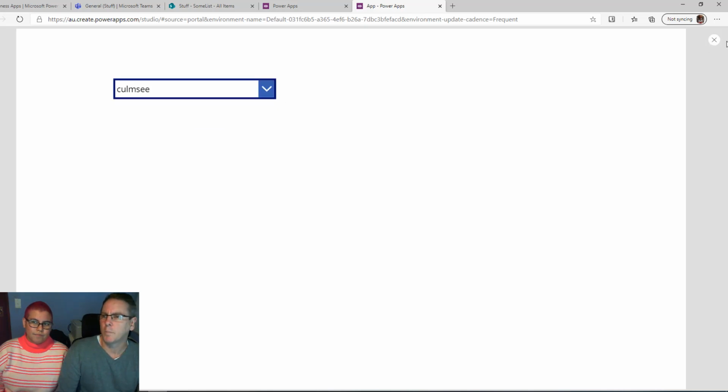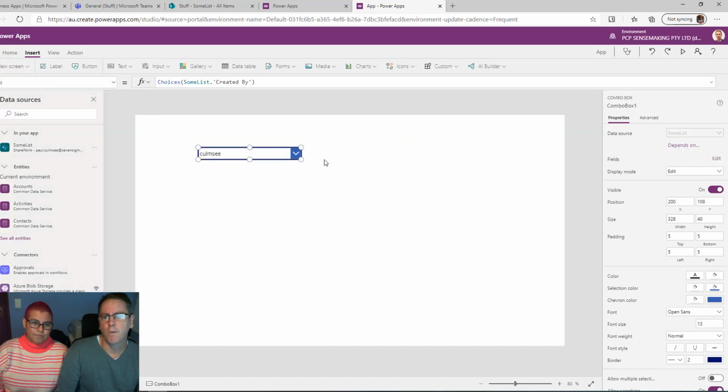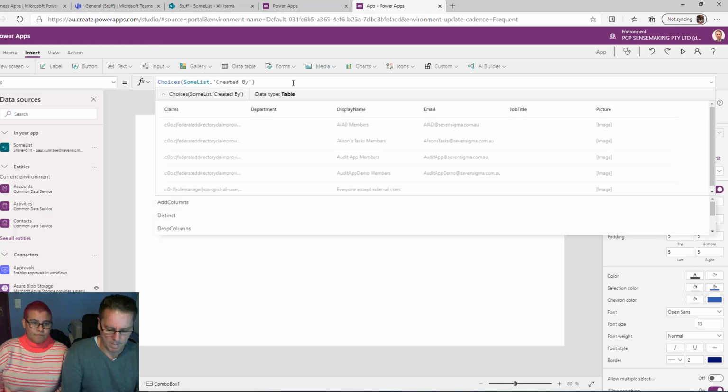But here's something that a lot of people don't know. What if, for example, we've got heaps of people named John Smith, and we actually want to uniquely identify them a bit better and have it in the drop down a bit more. So you can even do stuff like this. I go to this choices column, and how about doing something like